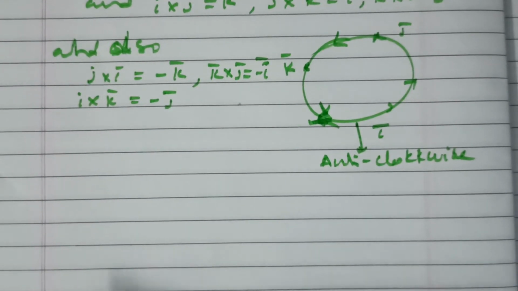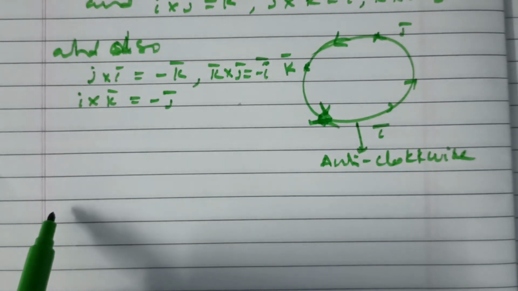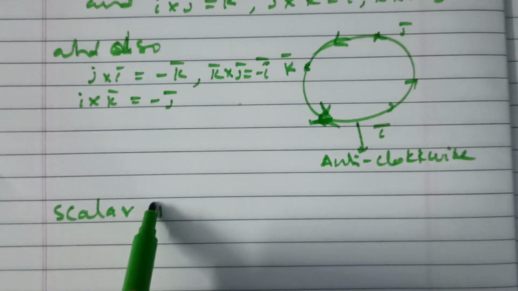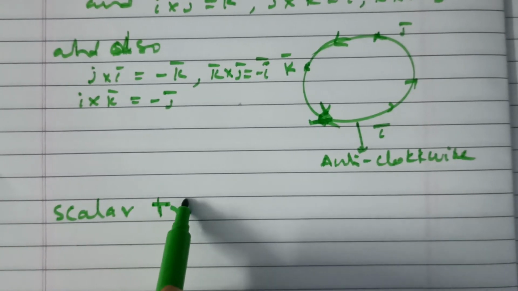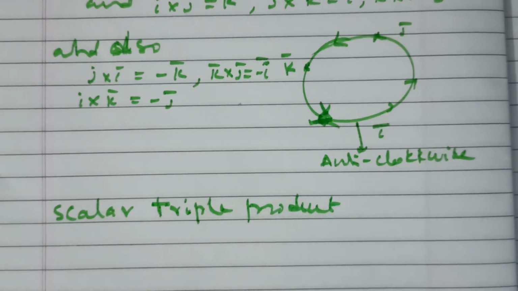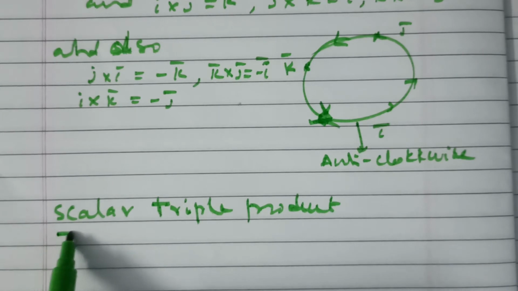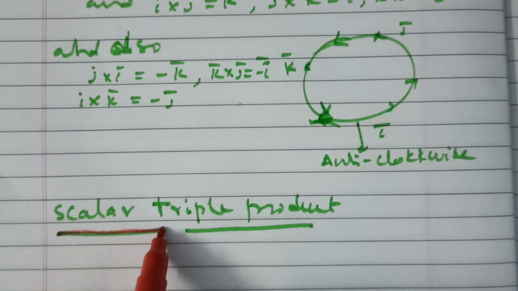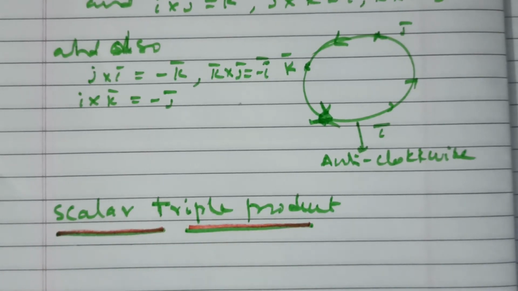Next, scalar triple product. Scalar triple product, like that. Vector triple product later on. It's a scalar product. Scalar triple product. Three vectors we have. If